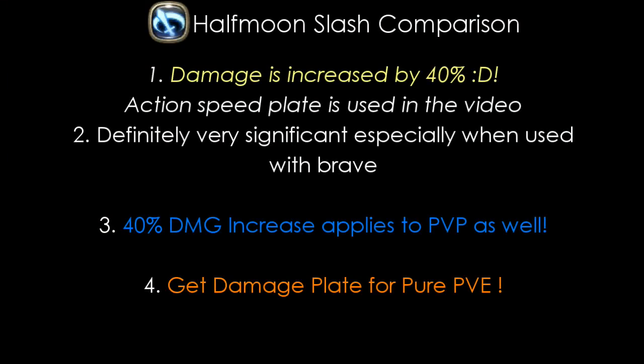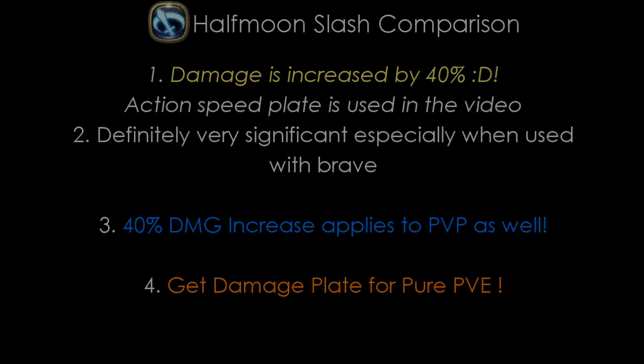Oh my goodness, that 40% damage increase is huge. Now getting that Half Moon Slash skill ring seems much more worthwhile. Combined with Brave, Half Moon Slash could be a skill even PvP gladiators who want to go hybrid, like Mizu Egu, will want to go for even more. For players who are pure PvE, get the 20% damage plate and embrace the newly improved damage for Half Moon